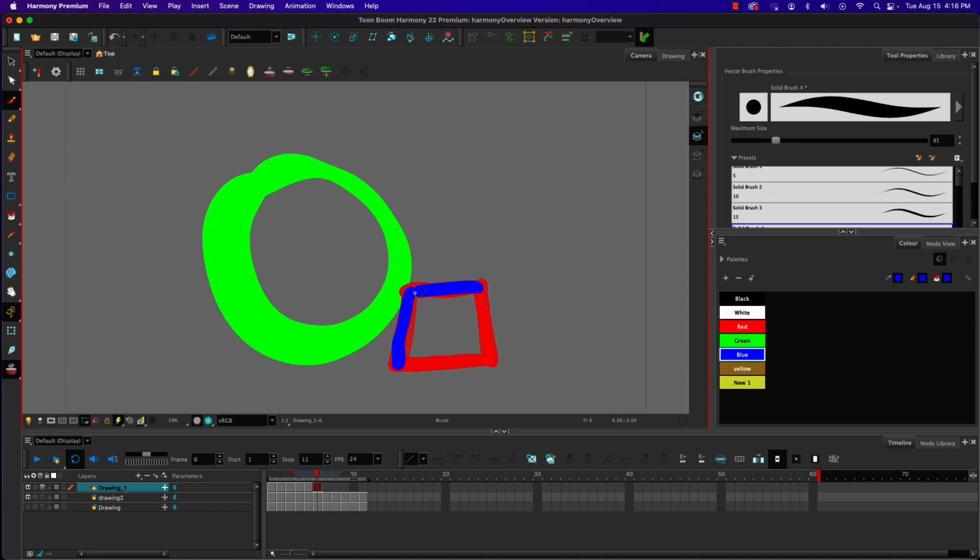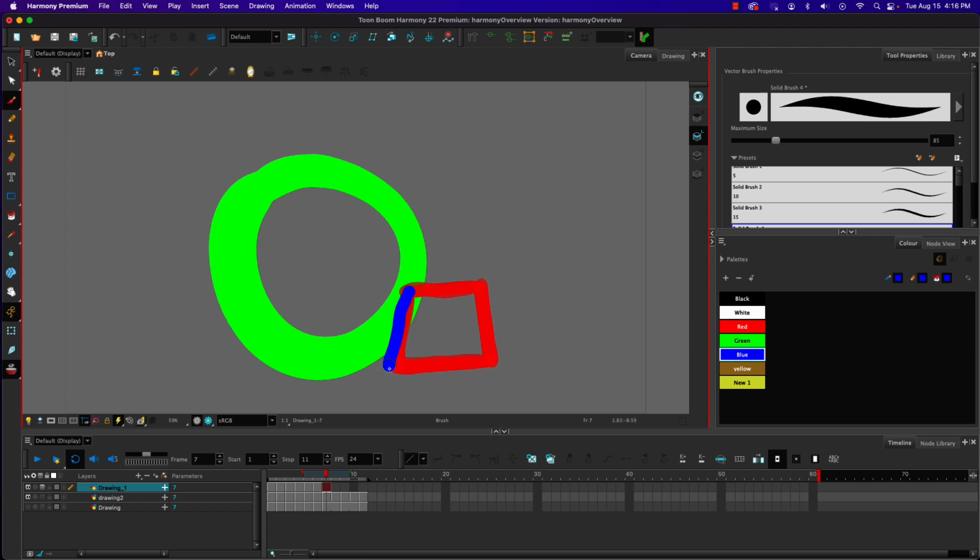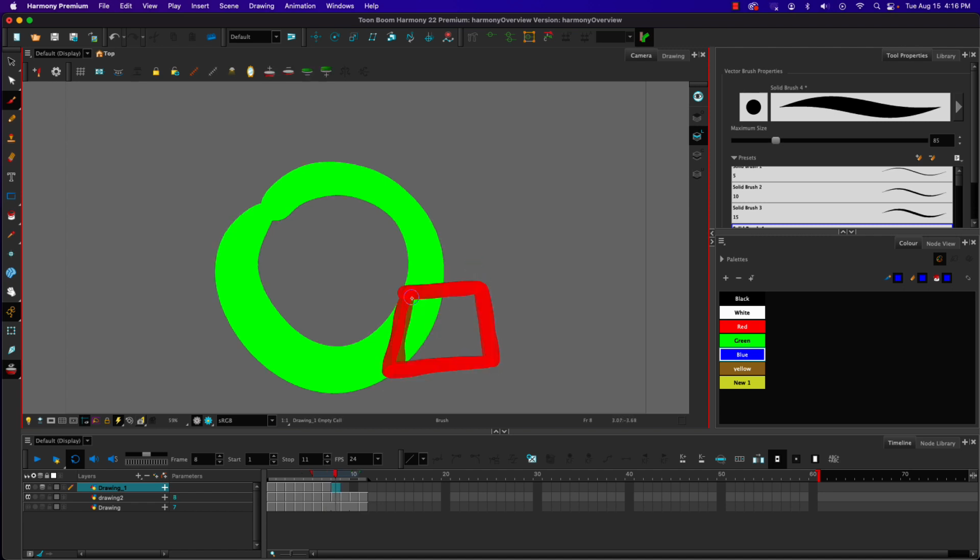So I'm trying to make much more subtle changes in my artwork